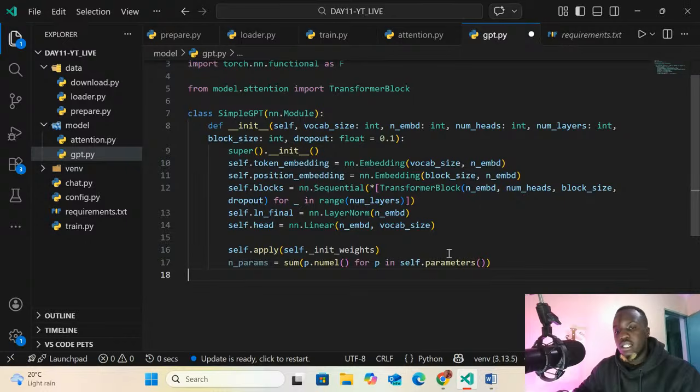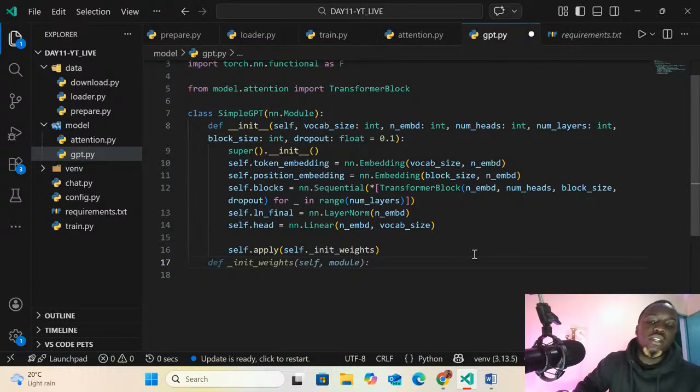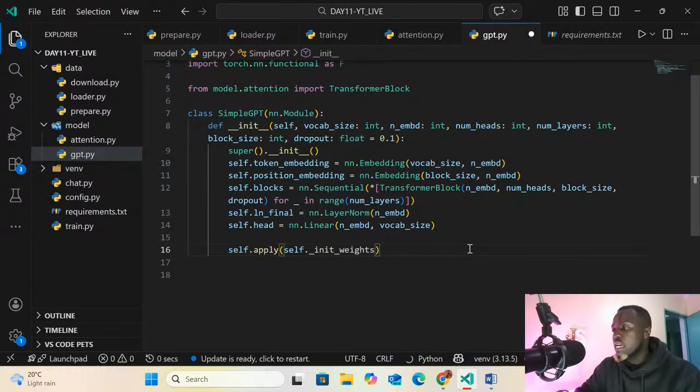Basically, we don't need this line of code, but in case you want to know the number of parameters that your GPT can hold, or the capacity of this model, you can include that line of code, or we can do away with it. We basically don't need that line.